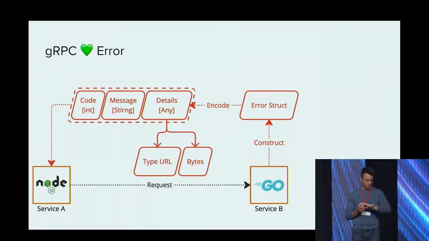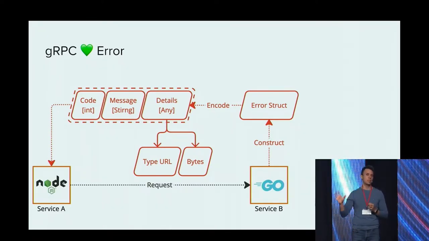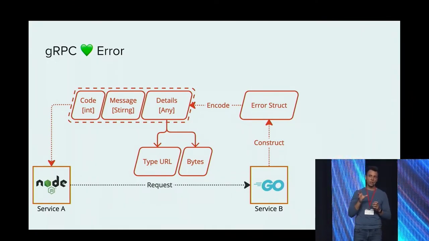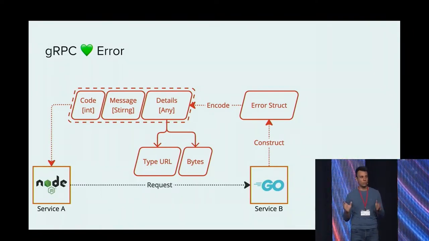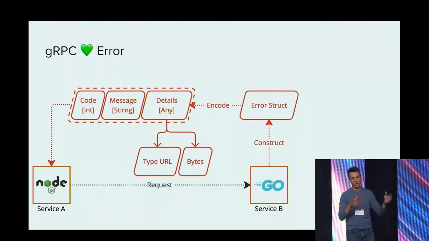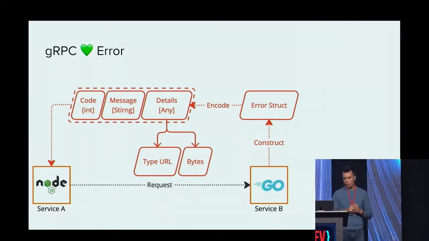I don't have a black screen for that, but I'll share it anyway. There are Google APIs standard error details that are generic and modeled around the status codes, which you can use out of the box if you don't want to come up with your own error structure. So there is that. How is this encoded?